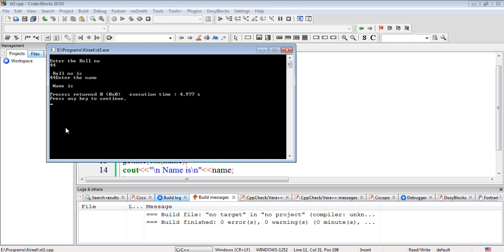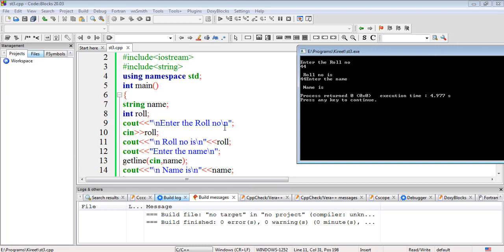So this problem might be encountered by you if you provide any numeric value before your string value or the string message. So it can be a condition that can be encountered. What it has done is, if I have typed any roll number, this cin has taken a new line character in its buffer. Whenever we are reading the input from the standard console,